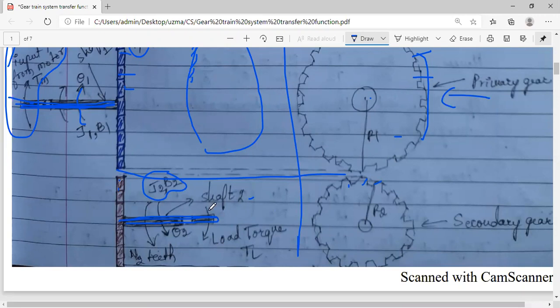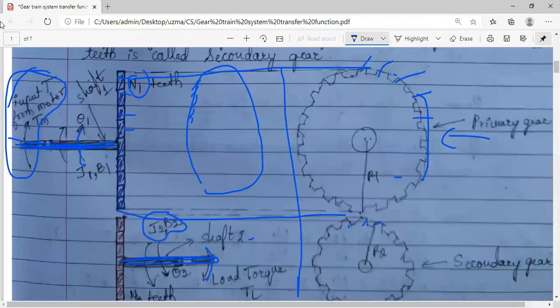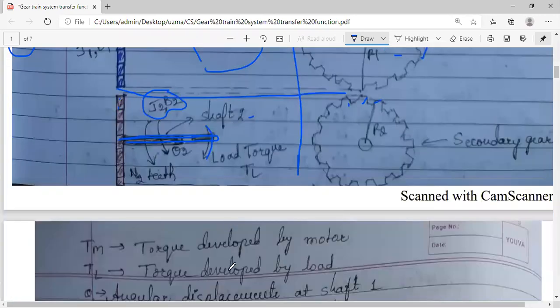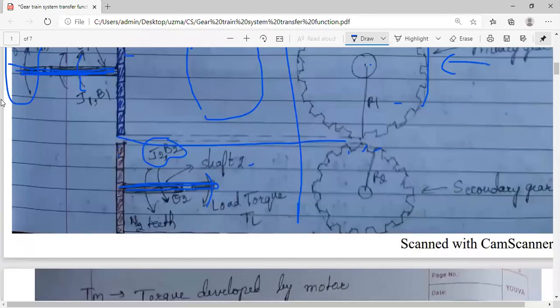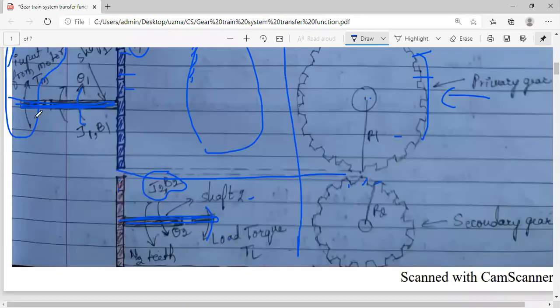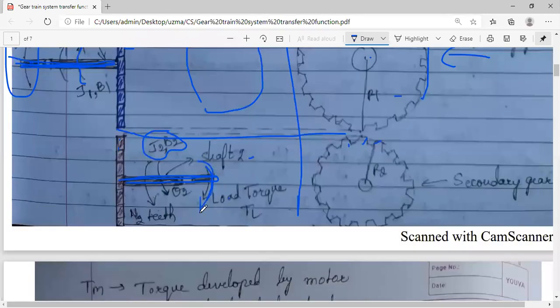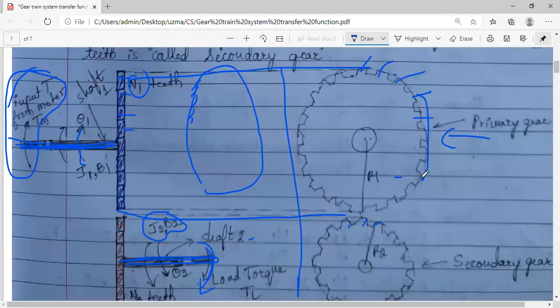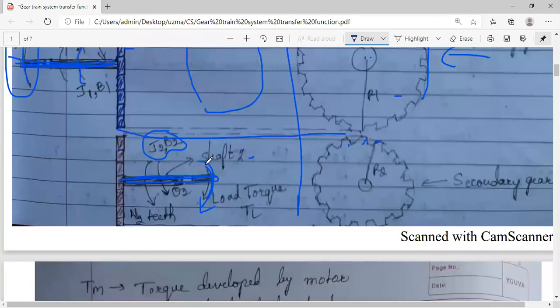Then for this torque, you can see further it is connected to the load, right? Here you have a motor, here you have a load. So through this, the energy is being transferred through the rotations. Okay. So load torque, you can see it is in this direction. Observe the directions of the torque here from the motor and to the load. So they are in opposite direction.